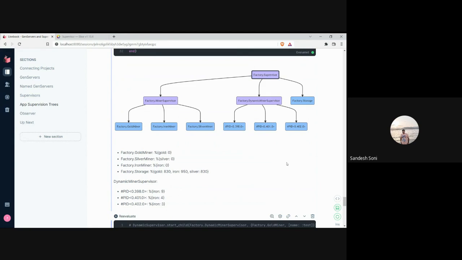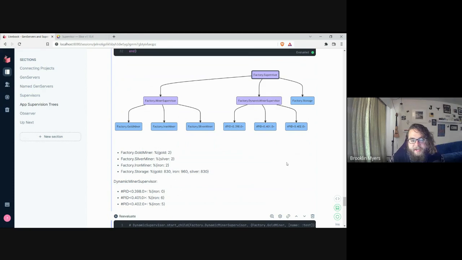Yeah, so in this case, supervisor is for when the children are known. So you know what children you want under your supervisor ahead of time. In this case, I have 3 named processes: you'll see a factory.goldminer, factory.ironminer, and factory.silverminer. Dynamic is if there's any circumstance where you want a bunch of supervised processes, but you don't know what they're going to be ahead of time,